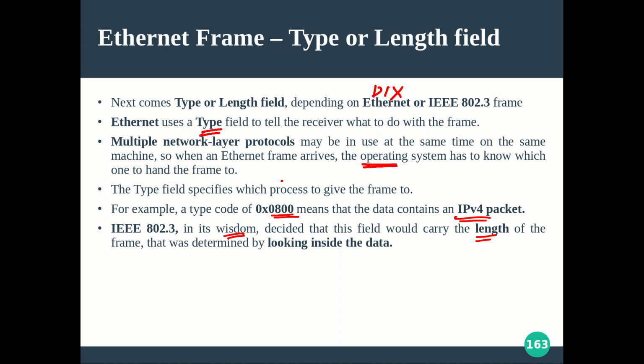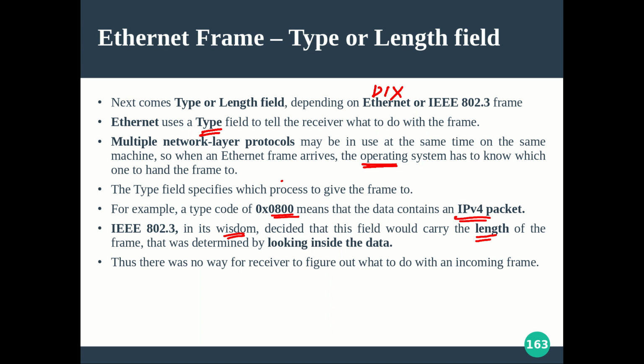Now how long is the reading to be done? One way is that the next frame will start with another preamble field, right? Or the same pattern could be used as an end of frame delimiter, but instead, in 802.3 they are using the length field. So by looking at the length field, the receiver can run some kind of counter. If the length field says 100, that means this particular frame contains 100 bytes of information. Accordingly, it can read the data area.